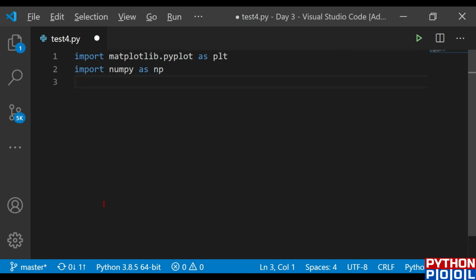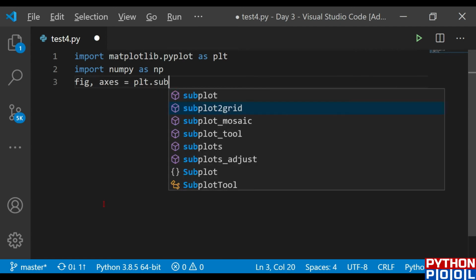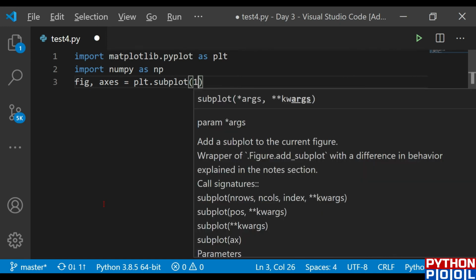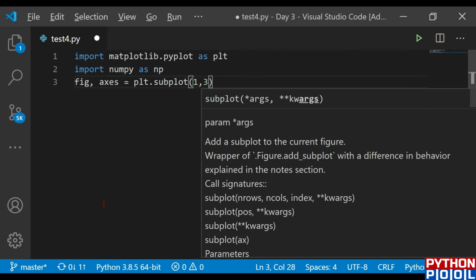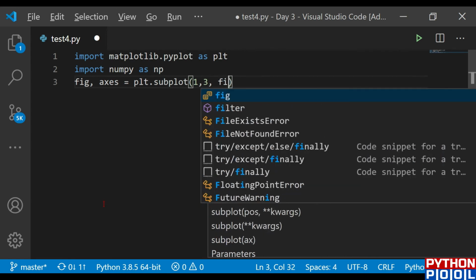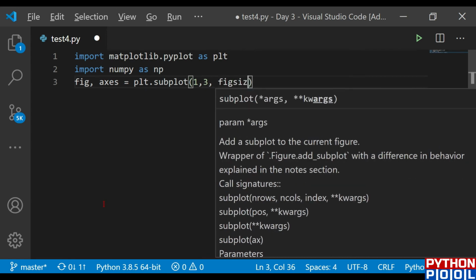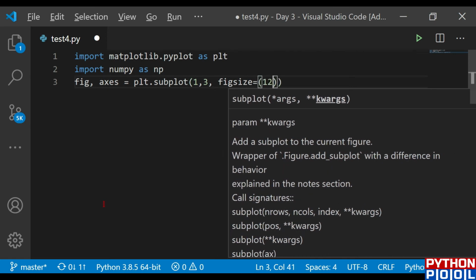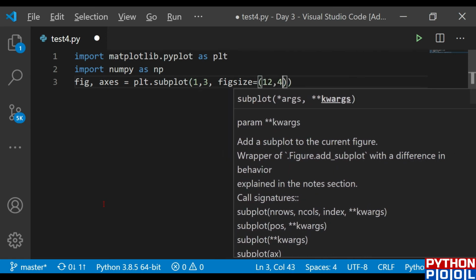After that, let me define the figure and axis, because I am once again going to use the subplots function. I'm defining it as 1 by 3, with a figure size of 12 and 4. So 12 is my width and 4 is my height. That is nothing to worry about, it is just the width and height of the graphs.